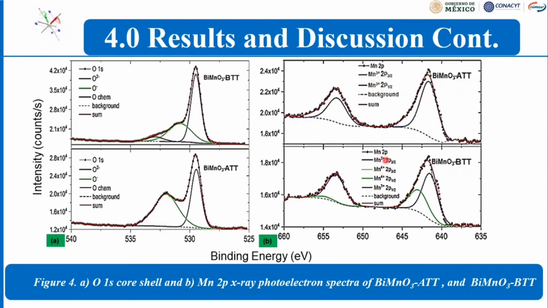But here we have both the 3 plus and the 4 plus, indicating that the ex-situ thermal treatment induces the sample to a stoichiometric structure, observed from the binding energies of Mn